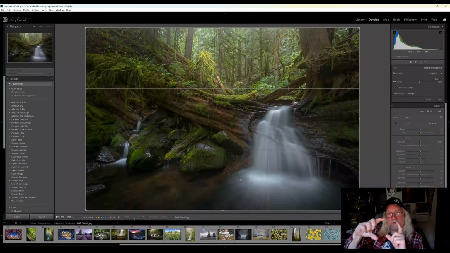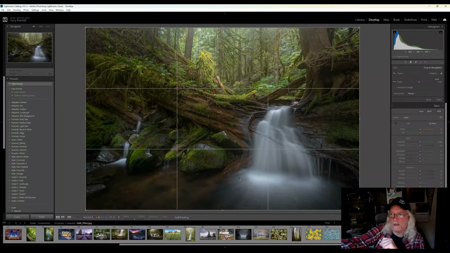If you focus off into infinity, you're going to make all these trees nice and sharp back here, perhaps. They're probably going to be soft too. I'll take it all the way out to infinity. So then your foreground definitely is going to be soft. What I like to do is bring it up on live view and keep an eye on it. If you have focus peaking, use your focus peaking. Focus off into infinity and then slowly back it away from infinity until your foreground just